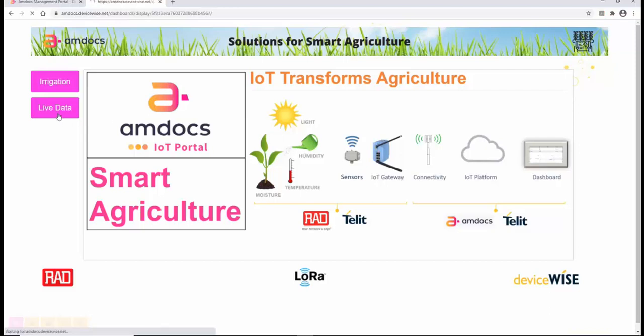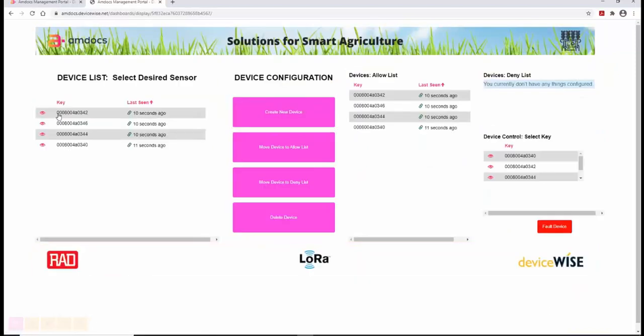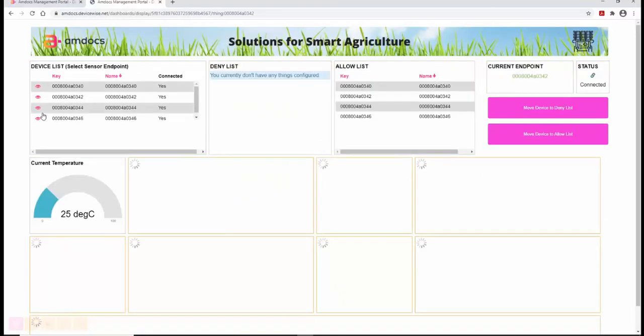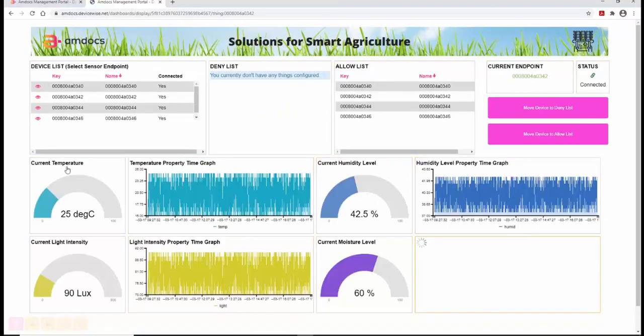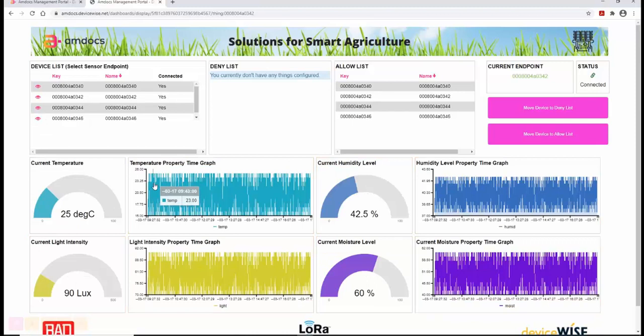So I'm going to just select live data here. And what this takes us into is kind of an overview display that would typically be seen in the context of the agribusiness professional. It might be on his tablet, his smartphone, maybe a web browser, where he wants to be able to go, or they want to be able to go and look into an area of the field. Here we had 4 different sensors. That could be 4 different areas of the farm. And then you can drill down and say, okay, for this specific field area, what's my humidity level looking at,